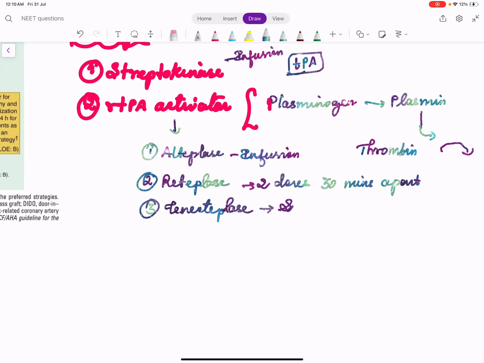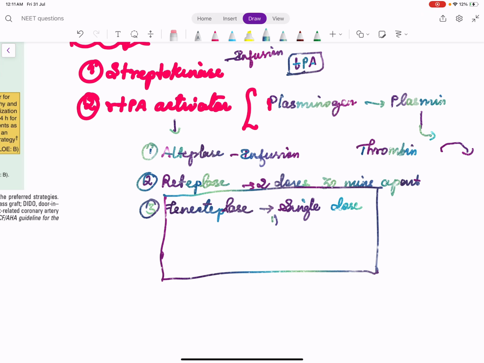Tenecteplase is the best drug because it is a single dose. So what are the benefits of tenecteplase? One, it is a single dose. Second, it has high selectivity